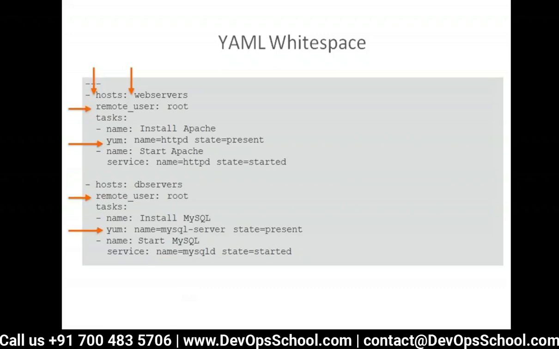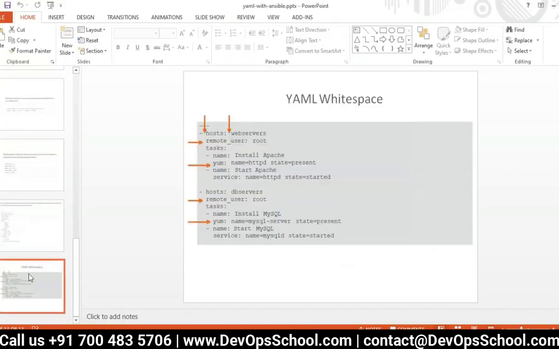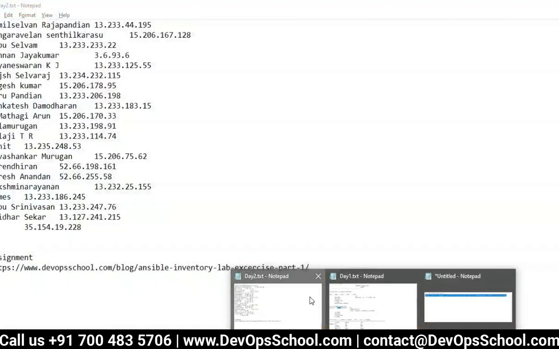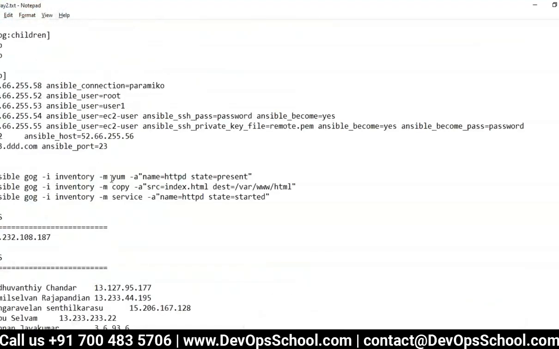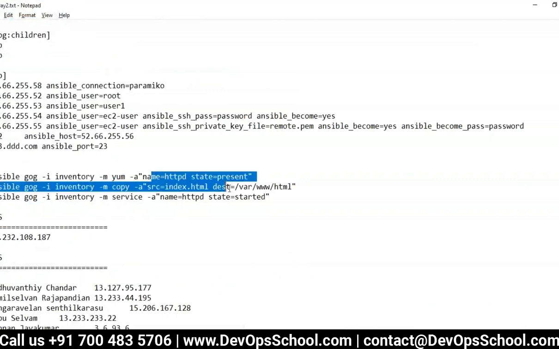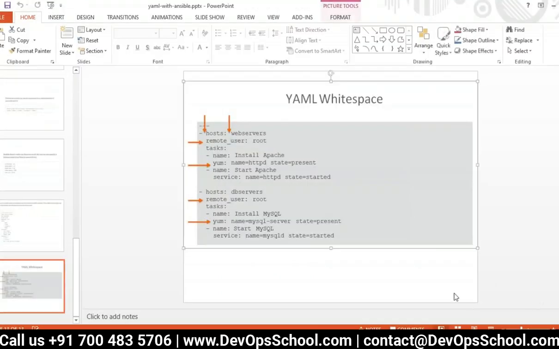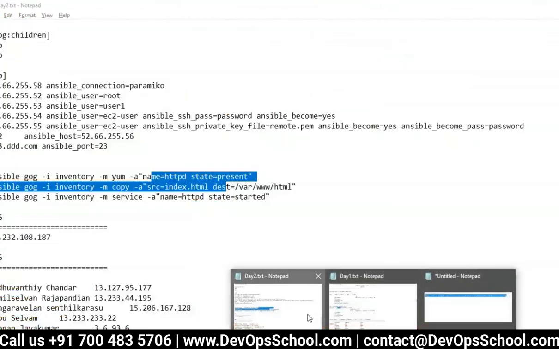It's not confusing, it's very simple. Let me show you. Actually, you have done something similar, you just have to use it for some time. See here, module, parameter, but the format is changed. Shall we take that as an example to convert it into YAML so that we can understand more? Yeah, that one you just showed us.